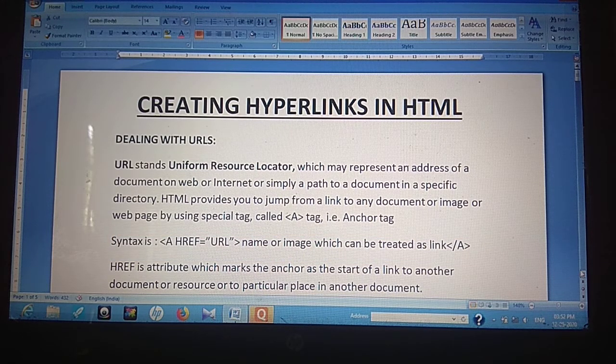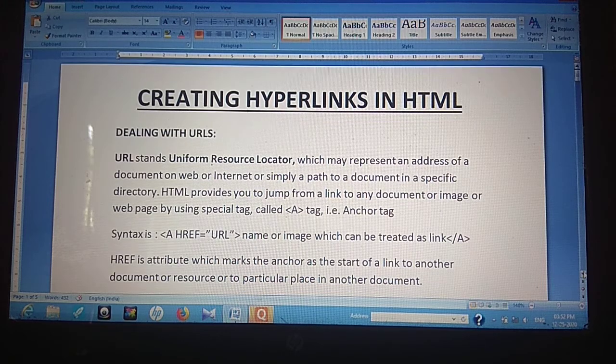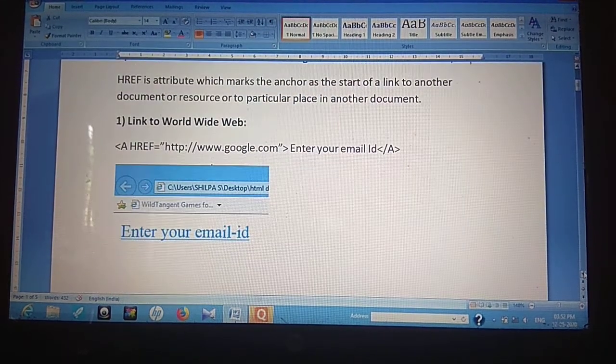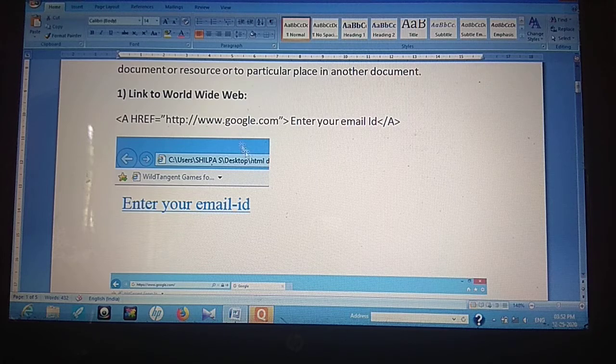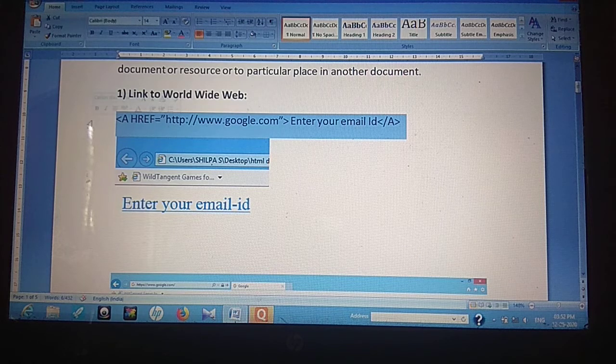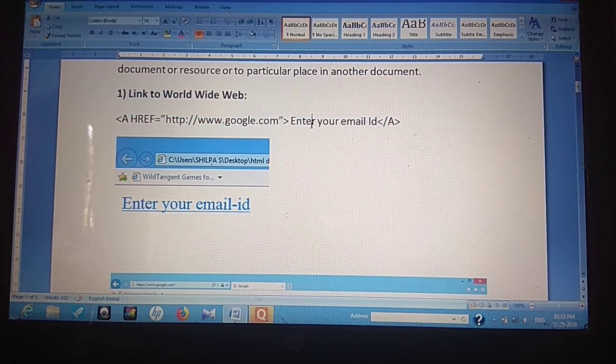Now I'll show you one example. Link to the World Wide Web. This is a simple link that we have created, and we are linking to the google.com page. Whenever I click on this text, I will go to a Google web page. Over here I have given the text "enter your email ID".